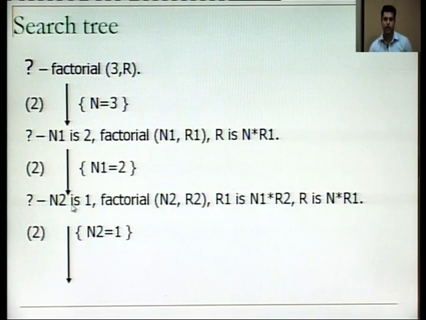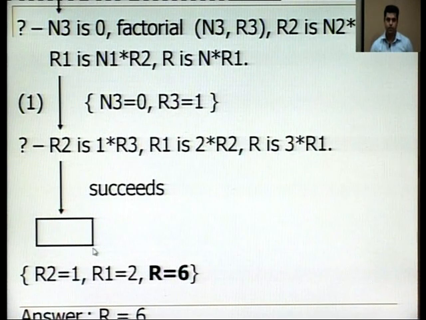Now, n2 is again n1 minus 1, 2 minus 1, 1, factorial of n2 is r2, r1 is n1 cross r2, and this remains as such. Firstly, it will execute it. It means n2 value has come as 1. It means n3 is 0, 1 minus 1 is 0, factorial of n3 is r3. These are the names of intermediate variables that you keep on incrementing, you know, with each and every call of the function. R2